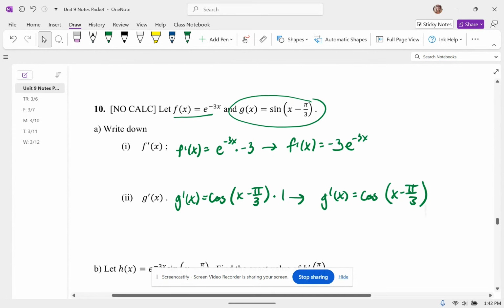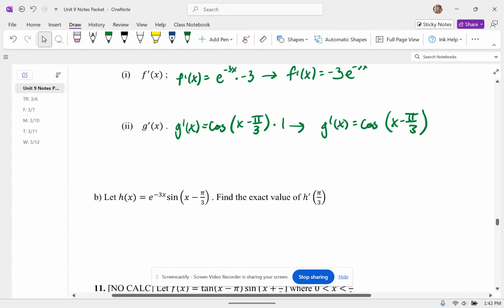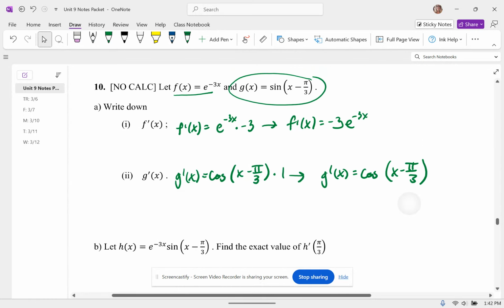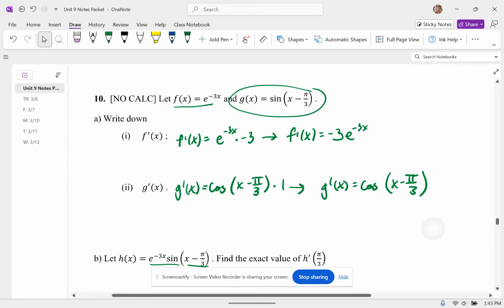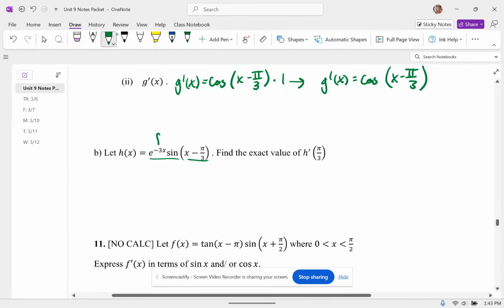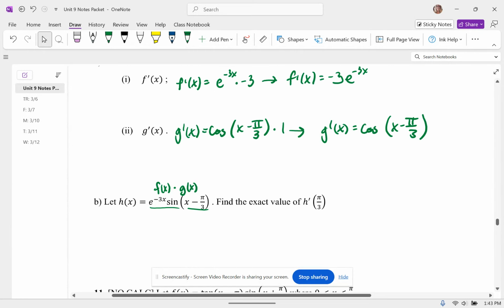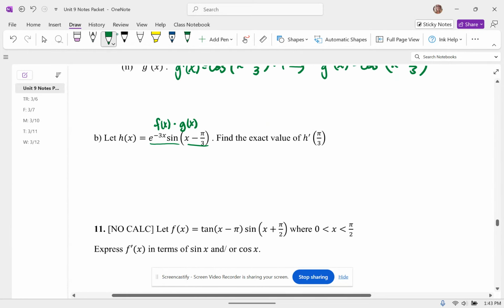We're all done. Okay. That's enough of that. Now, be smart. Work smart, not hard. B, let h of x equal e to the negative 3x times the sine of x minus pi over 3. Where do you see those two pieces above? What are they? F of x and g of x. Okay, so I have f of x times g of x. And you already found the derivatives over there. If I'm trying to ultimately find the exact value of h prime of pi over 3, that's the derivative of